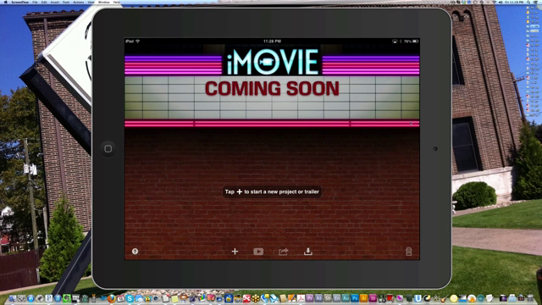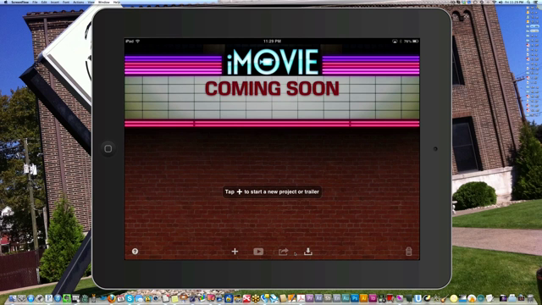Now you can go directly to Facebook, YouTube, Vimeo, and so on and so forth. I've found the best success is to just publish it directly to your photos on your device, whether it's on your iPhone or iPad. It just gives you a little bit more control. I just get a better feeling with it when I publish it to my device first and then upload it to YouTube or Vimeo or Facebook, rather than trying to go directly there with the share function. And here at the bottom is what I'm talking about with the share function right here. There's nothing here to share, so I can't really touch on it,